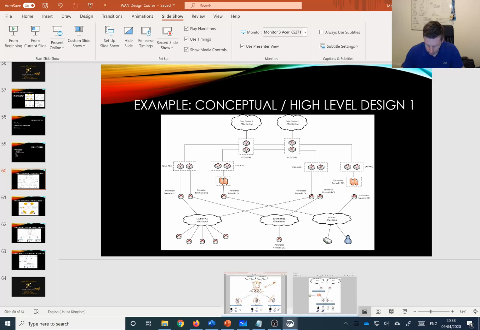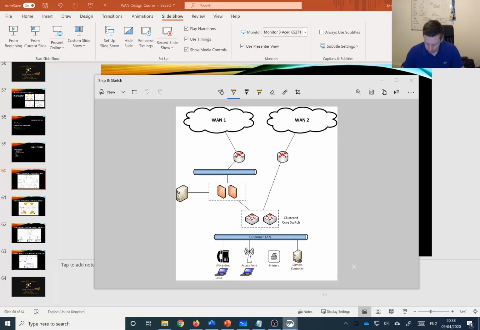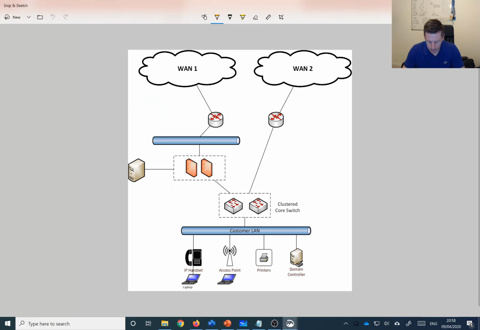And then the final thing that we're going to talk about, and we can come back to any questions, is detailed design. Probably don't have time to go into it in mega detail, but this might be what I was talking about earlier. This might be an edge site, which actually